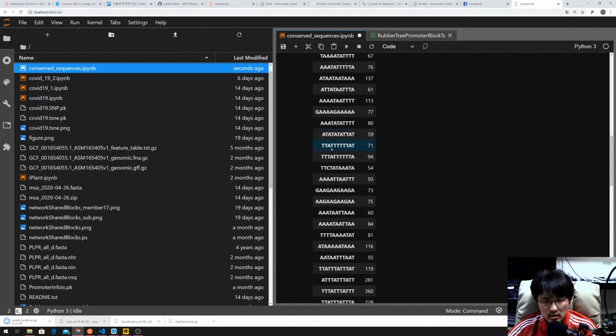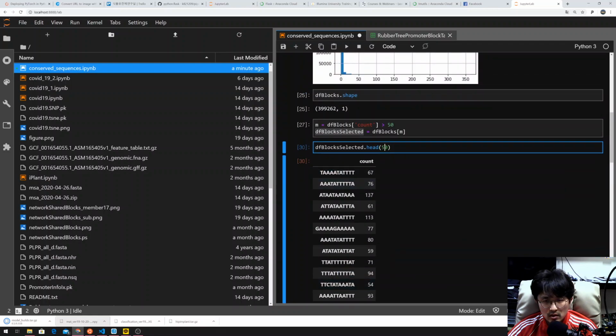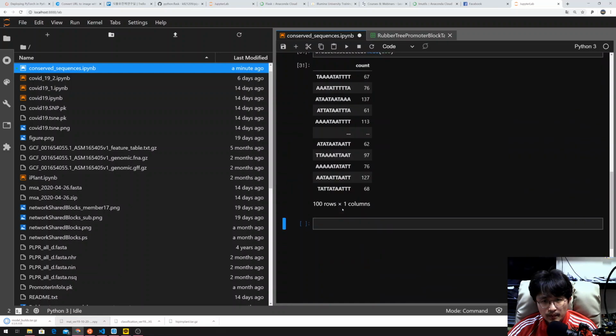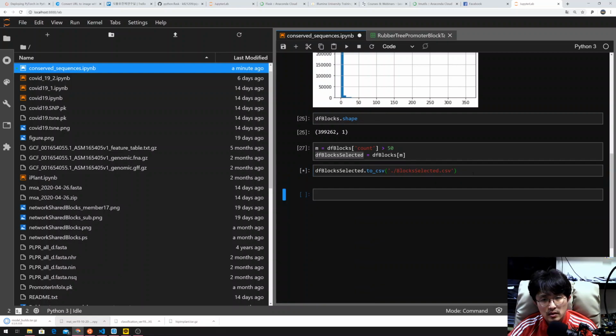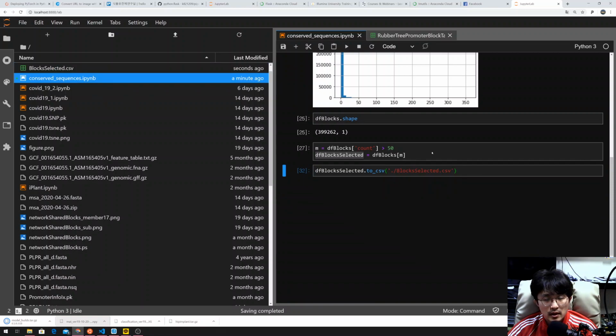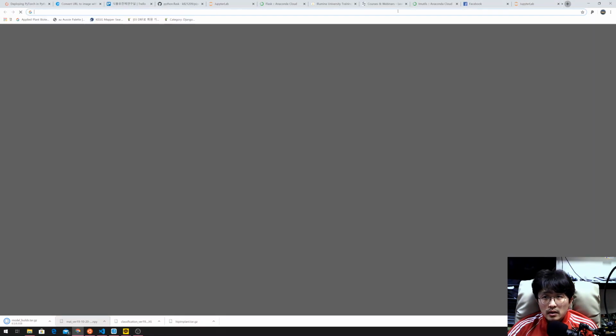So we just say that these are just TATA, but you can see there are so many variations. So this must be a similar part. This must be a very similar part. But that is okay to see the situation. And genome is what I'm thinking. So to CSV, blocks selected CSV, save. And let's